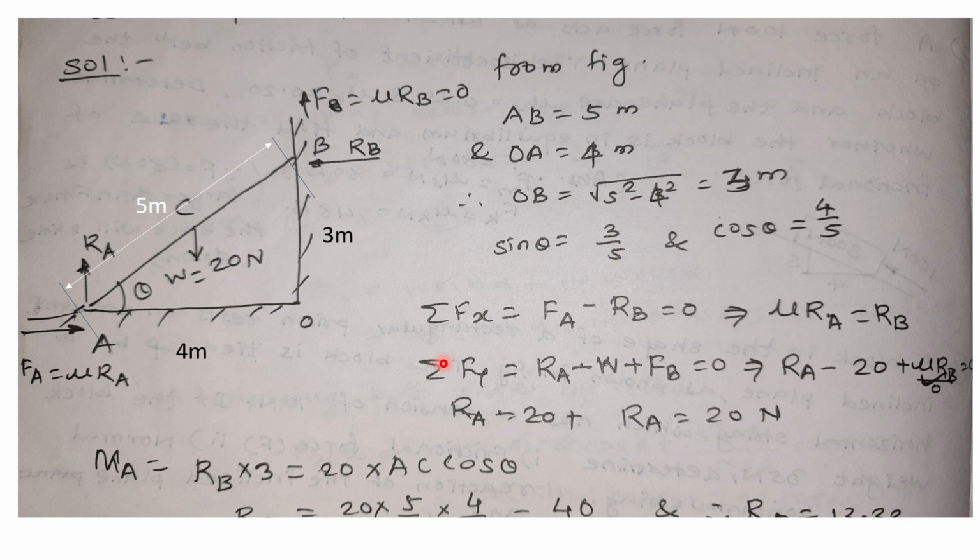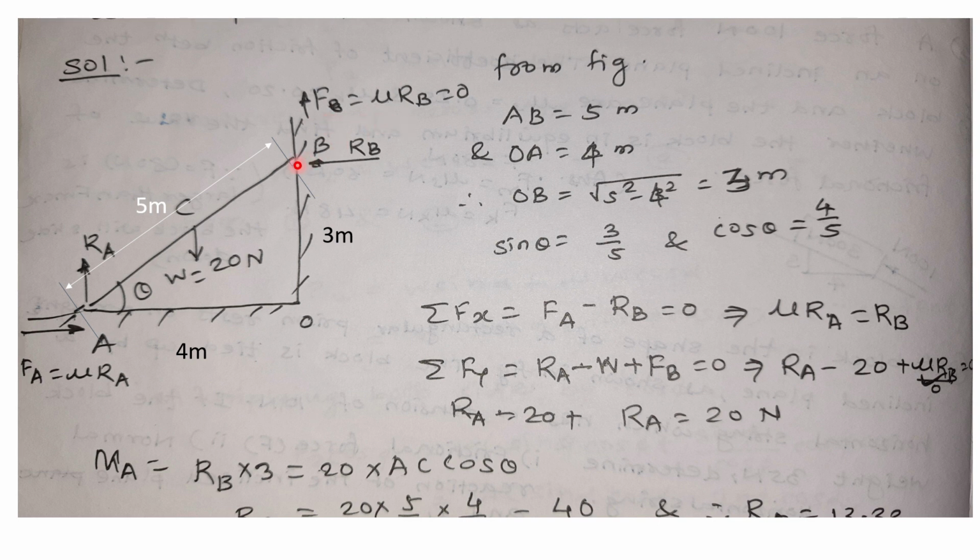Similarly, if we apply the next condition of equilibrium, that is the summation of all the forces in the y direction is equal to 0, we get that the vertical forces are the reaction Ra in the vertical direction, the force Fb in the vertical direction, which is positive, and this weight W moving in the downward direction.